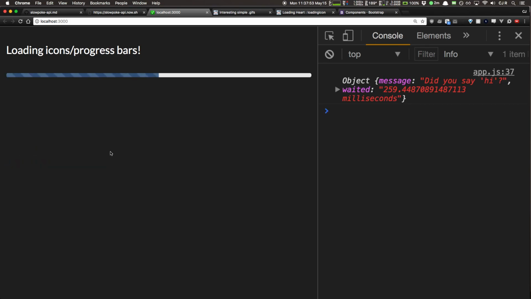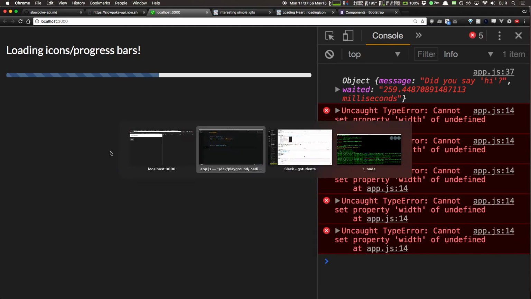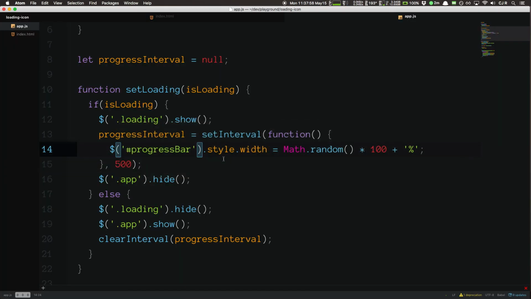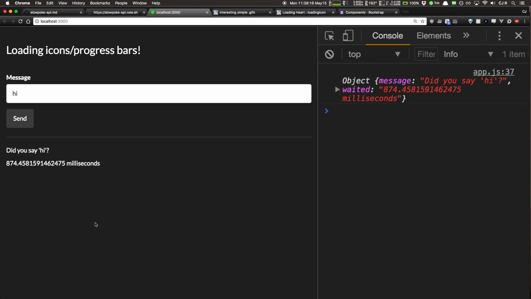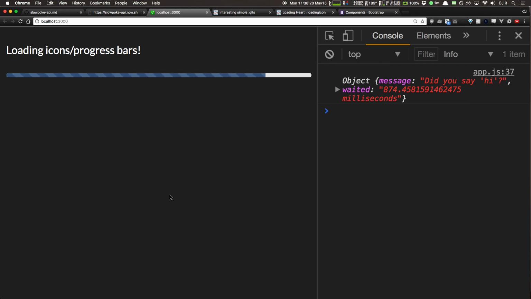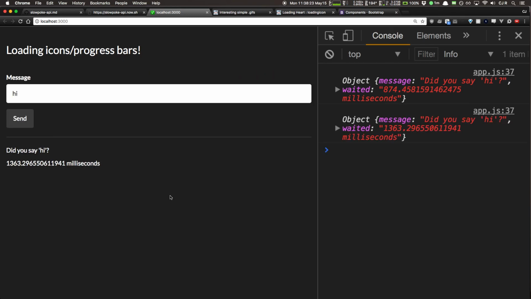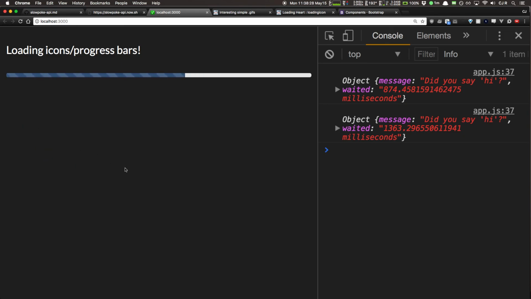Oh, too fast. Can't set property width of undefined. Cool. Oh, get the thing at 0. Let's just use jQuery. So we'll say .css, width is this random value. It went down. Cool. So yeah, that's